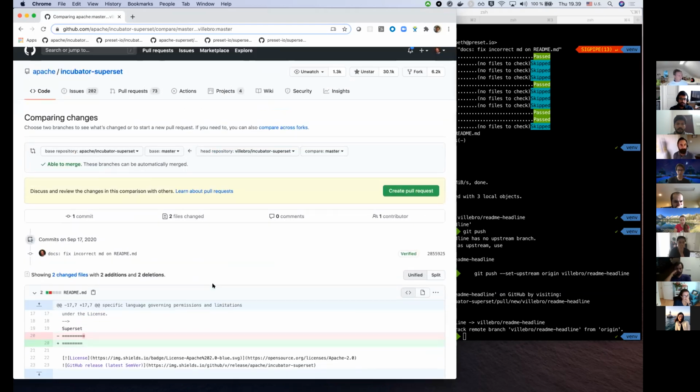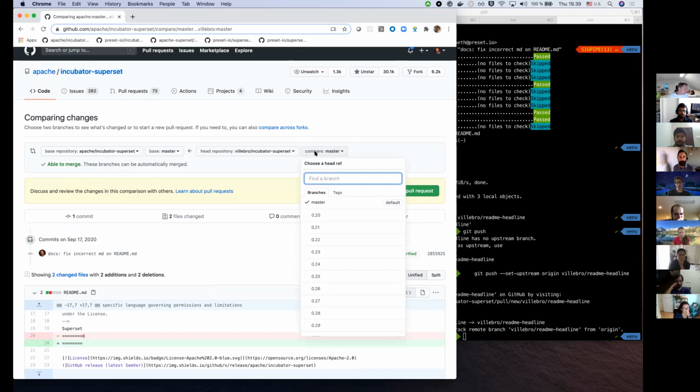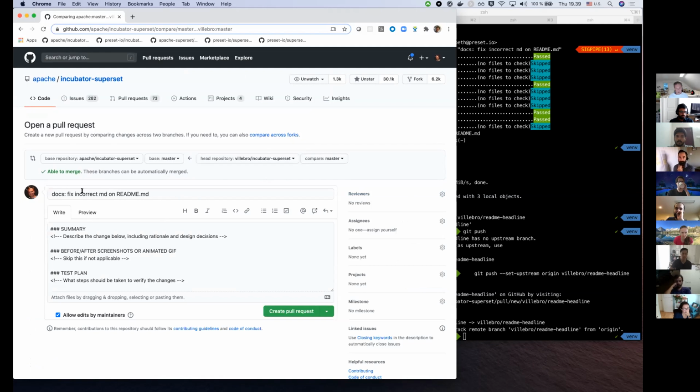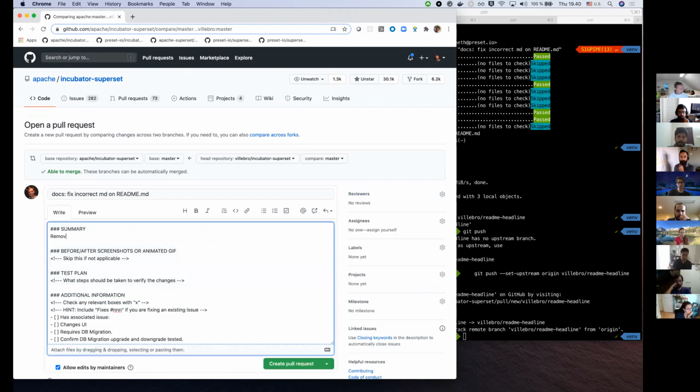Anyway, so I go to open the pull request, and here what it's trying to do is, okay, yeah, it's comparing master because I already pushed my master branch. So I'm going to be making my pull request off of my master branch to the upstream repo. And then I just push here, and now because I just had one commit, it's taken the message from the commit and it's using that as the title for my pull request. And then I write a summary here. So it's just essentially remove